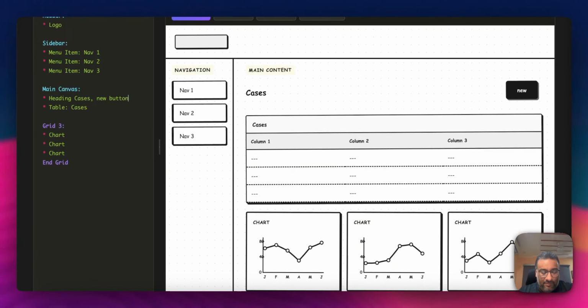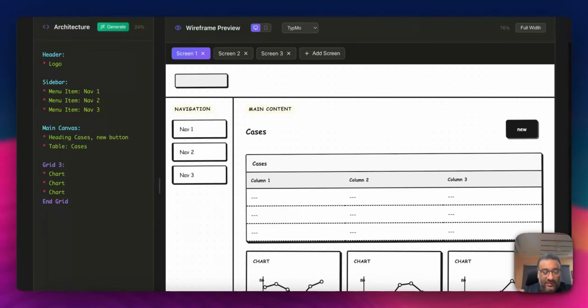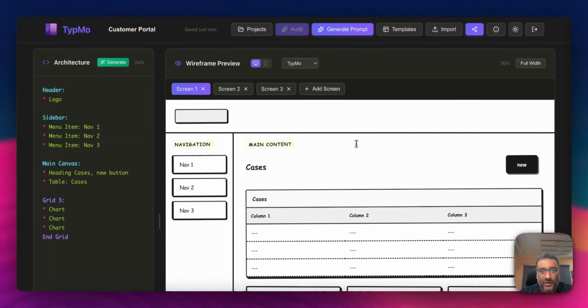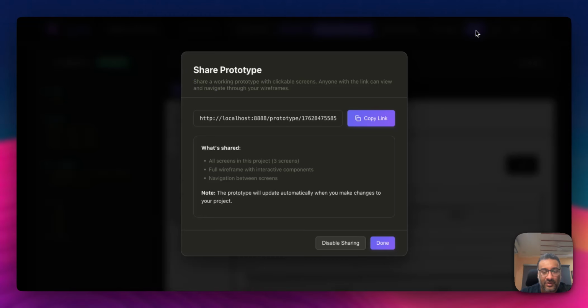So the power of TypMo is that there are all these modes to generate these structures very quickly, and you can also edit them at any time. So experimentation gets very cheap, right? You can experiment as much as you like before you go ahead to do detailed prompting, and this is where TypMo shines. Now as I said, you can always share something. So let's say that you tap on this share, you copy the link and you share this link with your stakeholders,